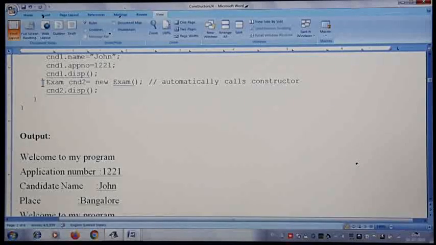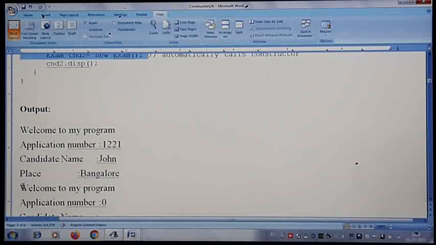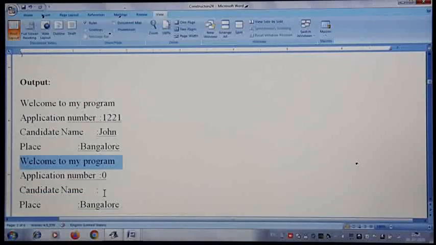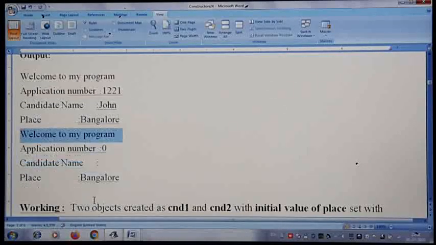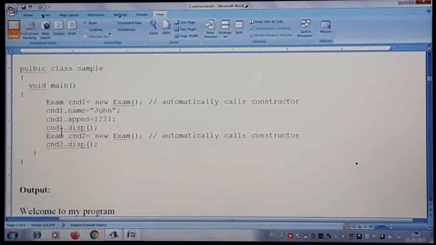When you create the second object, the constructor is invoked again, which is why we get "welcome to my program" once more. Then the application number is 0 since nothing is set, the candidate name is blank, and the place is Bangalore. This is the output for this program.